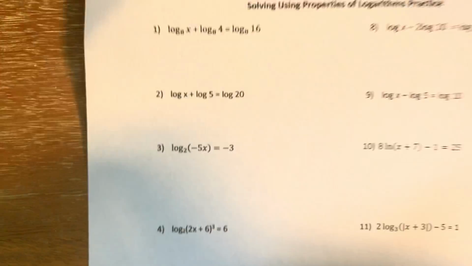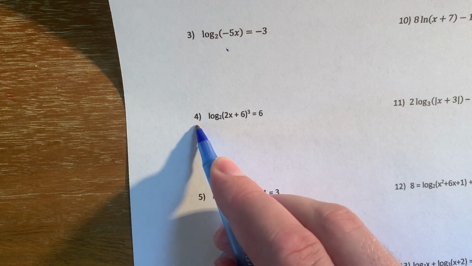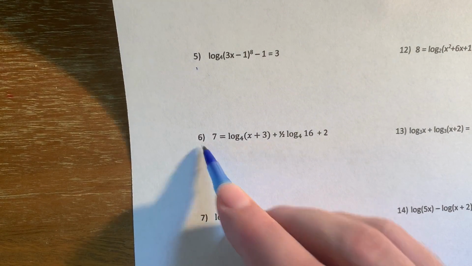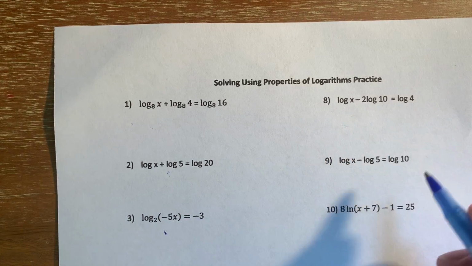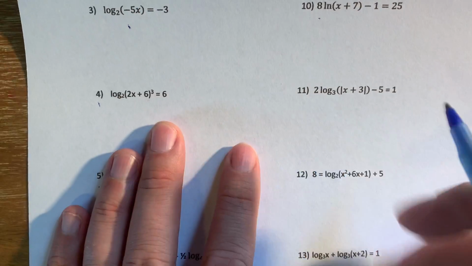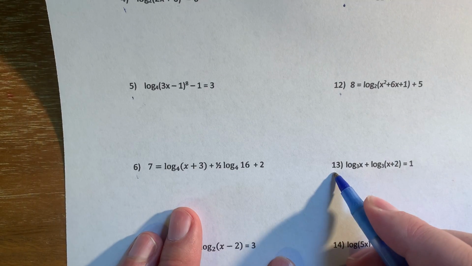So do number 1, do number 2, do number 3, do number 4, do number 5, do number 6, do number 7, do number 8, do number 9, do number 10, do number 11, do number 12, do number 13,